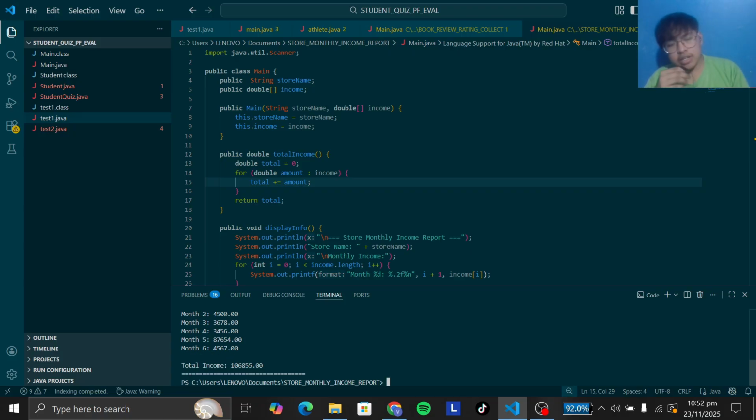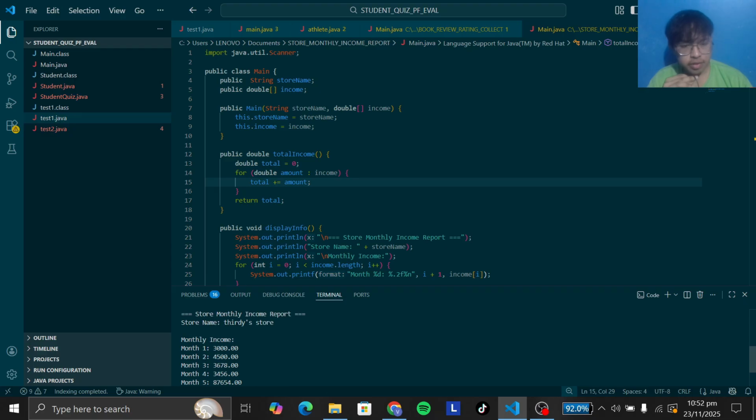So just like every program we've seen, or the other projects that I've told you about, this gives you the output of the sum of everything, the sum of the variables we put. So for 6 months, we put our total income. Also, it shows the store name here, which is 30 store.